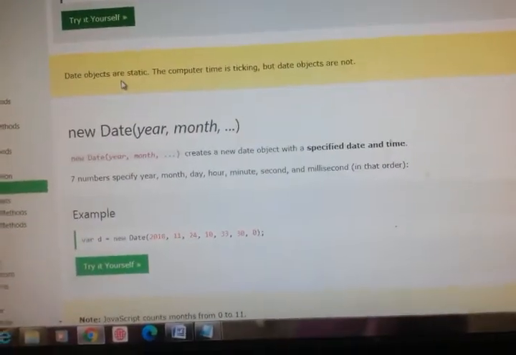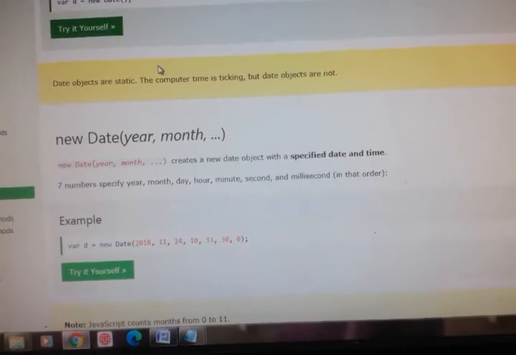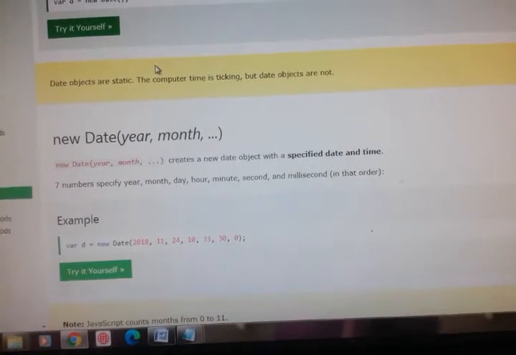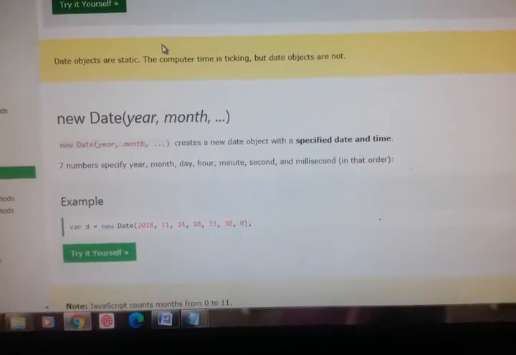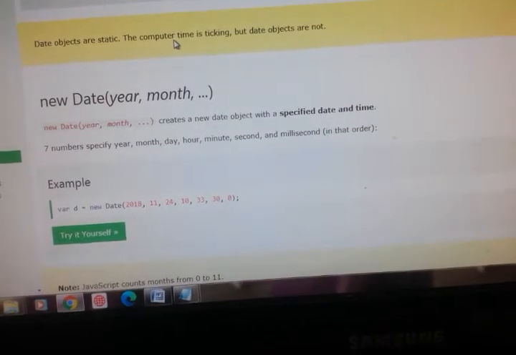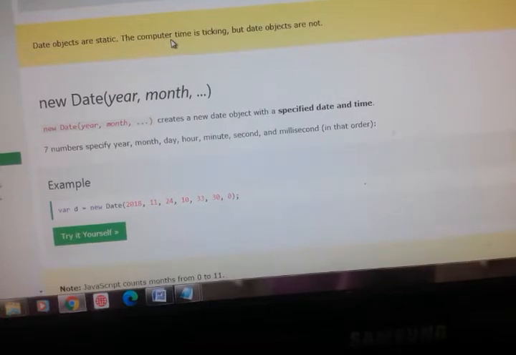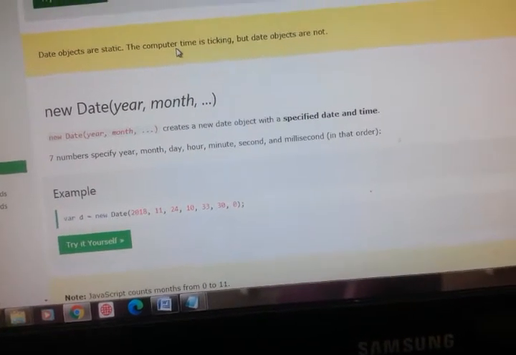And then date objects are static. Because the computer time is always running, that is, it is ticking, but date objects are not, because they are static. So at whichever particular instance we are trying to access those, only that time will be displayed.